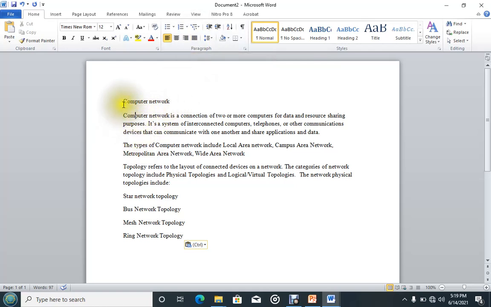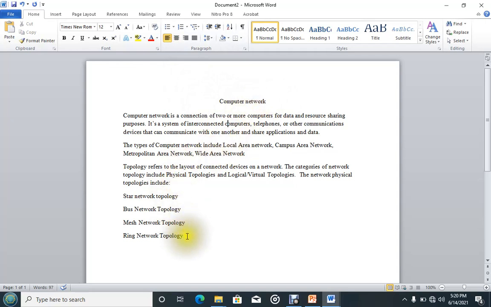In case you want to center text within a document, you first need to select that text that you are going to center. For example, I'm going to center our title here, which is computer network. So I need to first select or highlight this computer network. Then I will simply move my cursor, or you move your cursor, to the paragraph group. Then under alignment here we have centering, which is this one, or you can use Control E. So when you click on that option of centering, you will see your text appearing at the center.